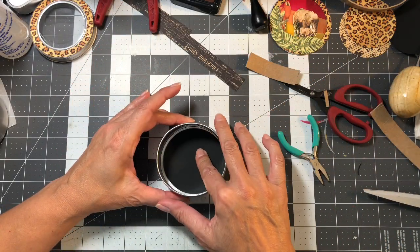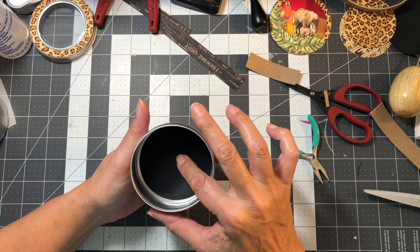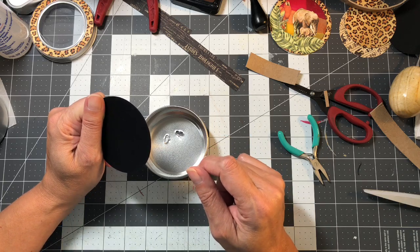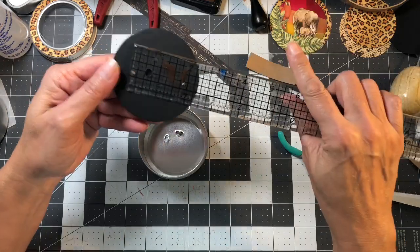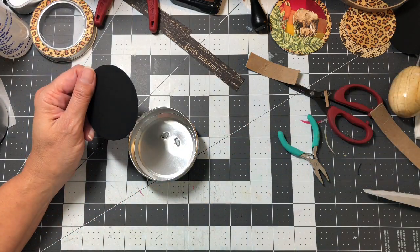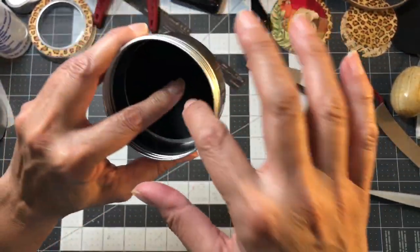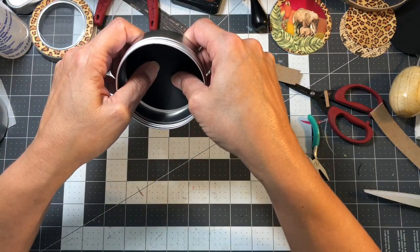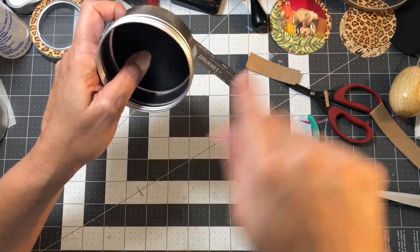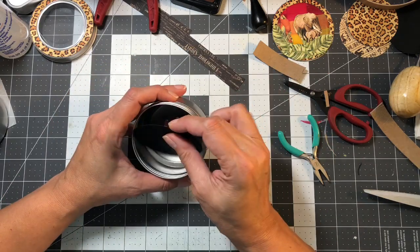I'm going to take my circle that was cut to fit on the inside of this. If you're using this tin, this circle is just about 3 inches around, and that's totally fine. We're going to put this in here because if we don't, you're going to be able to see through the holes in the tin when you push your button for your lights, even with this in here. So I'm going to make the holes a little smaller. Drop that in there,